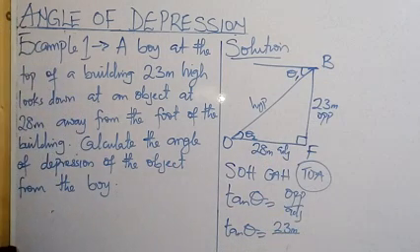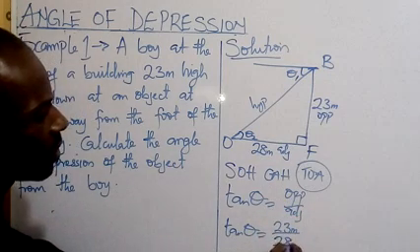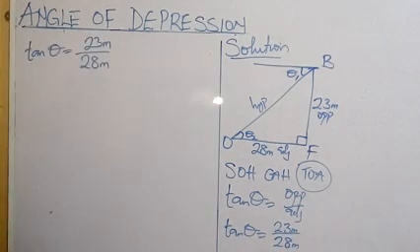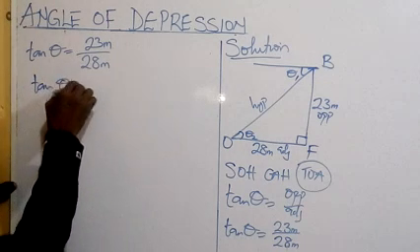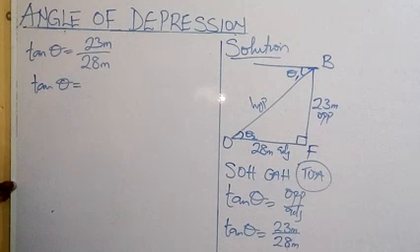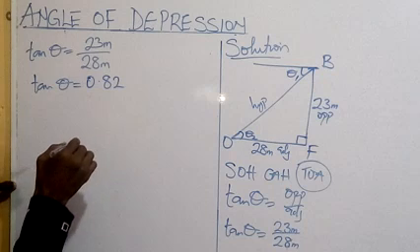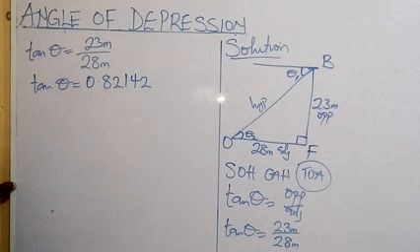And what is our adjacent? You have 28 meter. Therefore, our tan theta equals 23 meter divided by 28 meter. Let's use our calculator to do this. 23 divided by 28, it will give us tan theta equals 0.82142. All right, that is the value of our